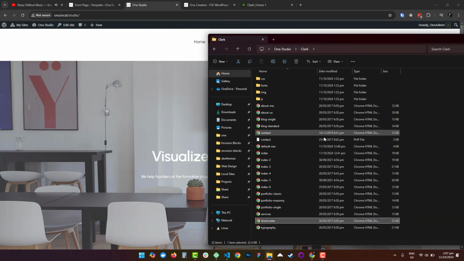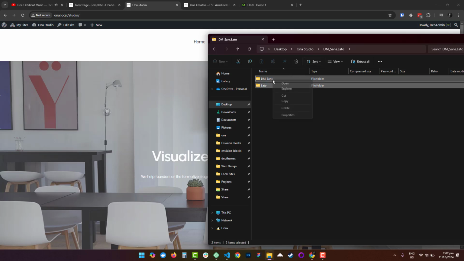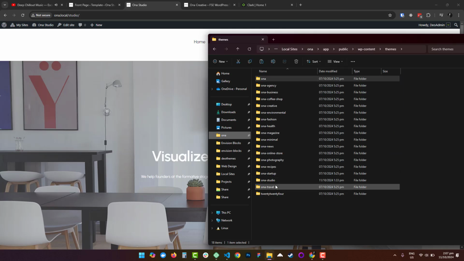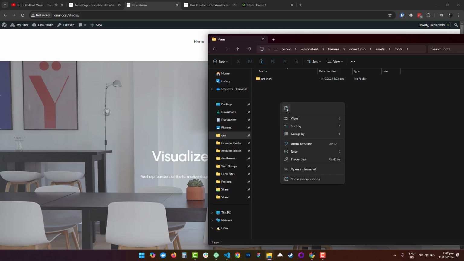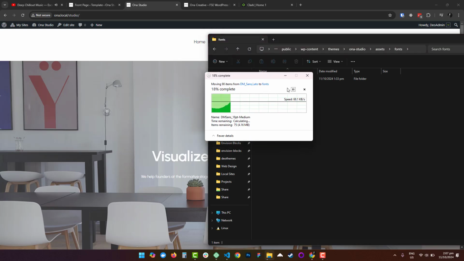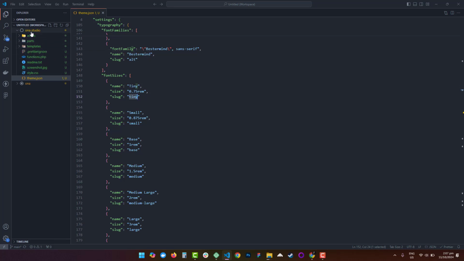Where is it? I prepared my fonts here, DM Sans and Lato. So I'll just cut them and put them inside our assets fonts folder right here. So this is step one. You place your custom fonts inside. Just to make it better organized, we have an assets folder, inside we have a fonts folder, and I just paste it